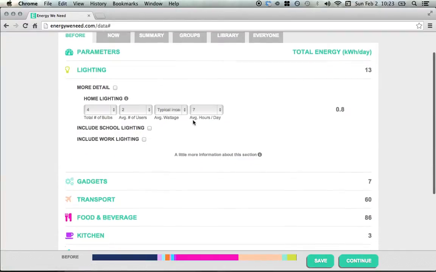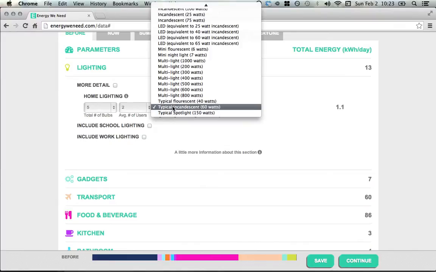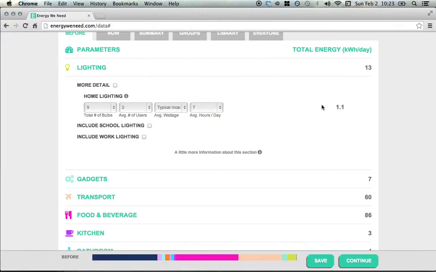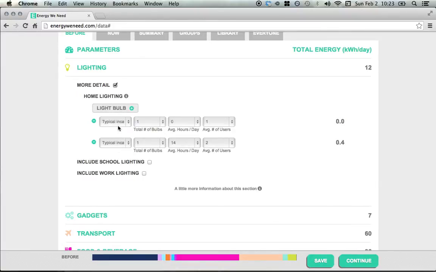Here is the lighting section. There are info tabs if you want more information. Here is the basic lighting. We enter in the light bulbs, number of users, the typical type of light bulb, and it calculates the energy here. If we want to go into more detail, we can have several different layers or different types of light